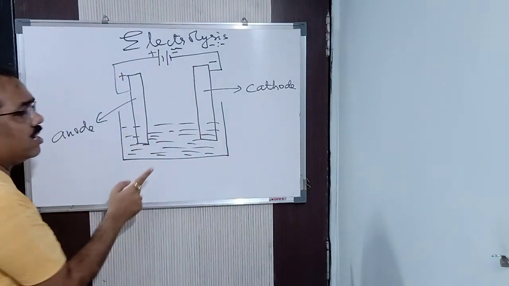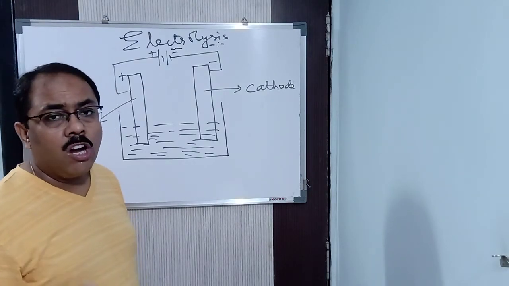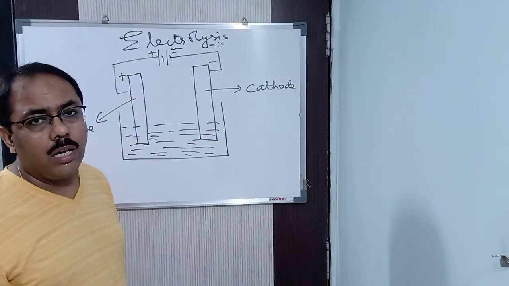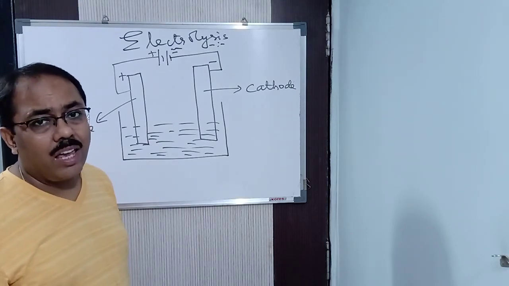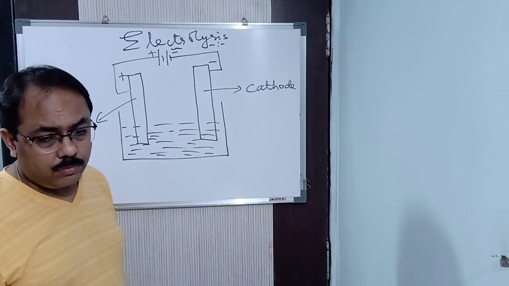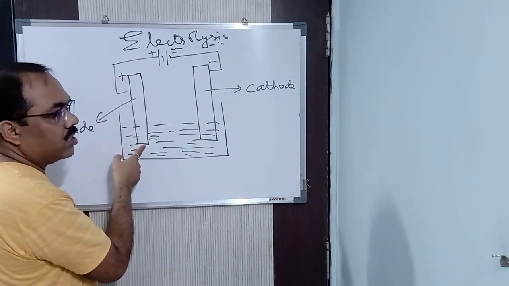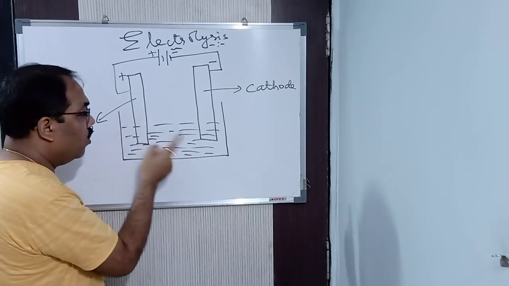And which are the negatively charged ions? The non-metallic ions or the radicals which are negatively charged, like carbonate, sulfate, hydroxide (OH minus), or oxide. They will go to the anode, because the anode is positive. They will move towards the anode, they will migrate towards the anode. So what you find is that the positively charged ions